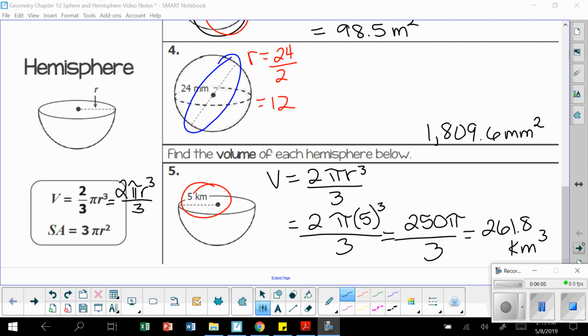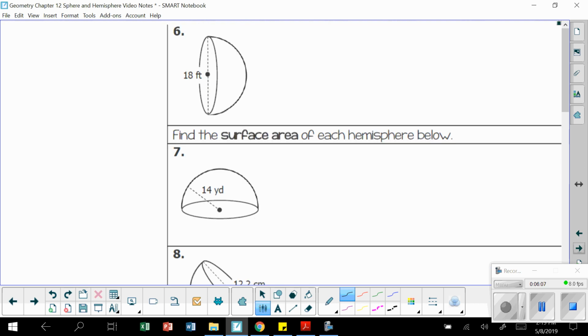Okay, so that was the radius. Let's go to the next page. Number 6 is now the diameter. So this whole thing's the diameter. The radius is going to be 18 divided by 2, which gives you 9. And then it ends up being the same type of problem. Which the answer is